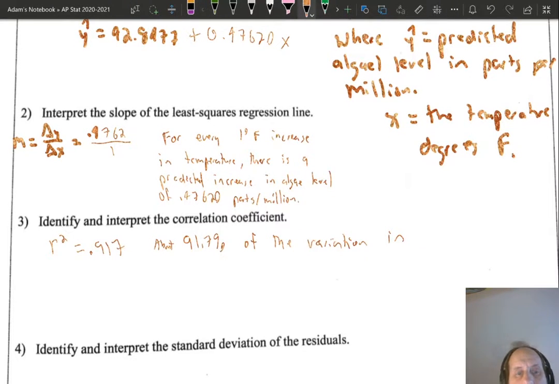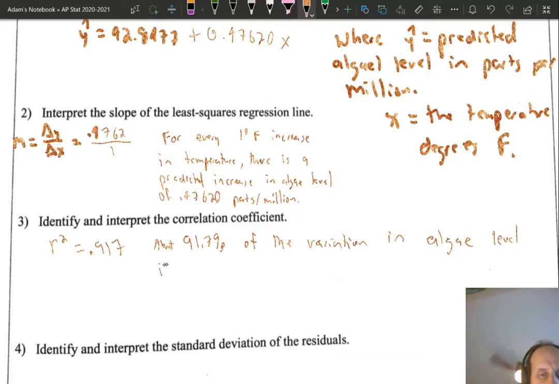So 91.7% of the variation in algae level. Now you don't have to say predicted algae level, because the correlation coefficient measures basically if the model represents the actual data that's there. So we're going to say about 91.7% of the variation in algae level